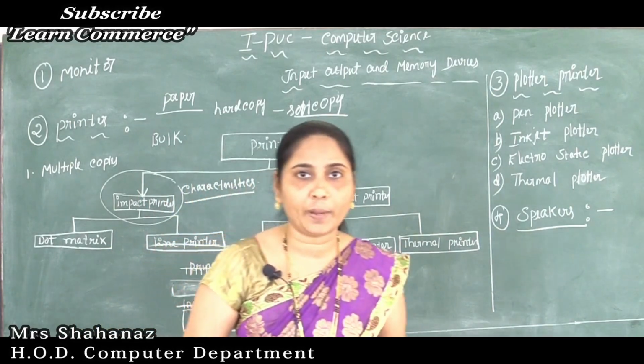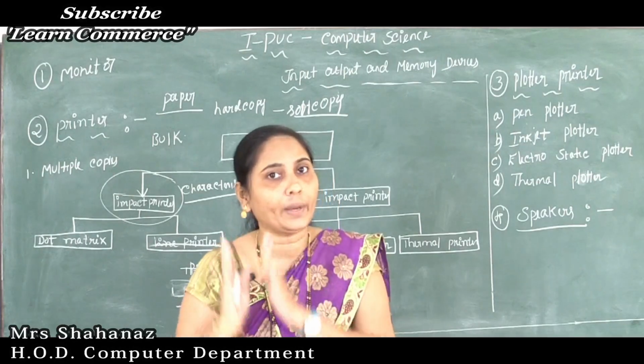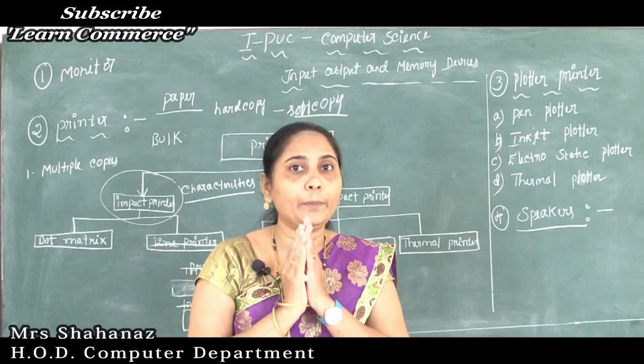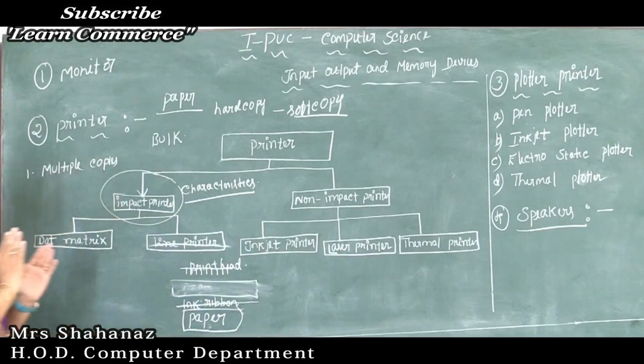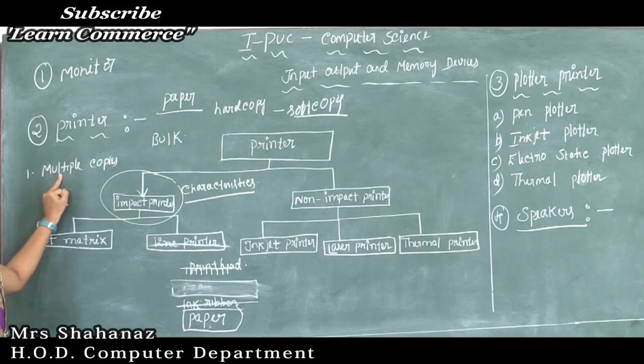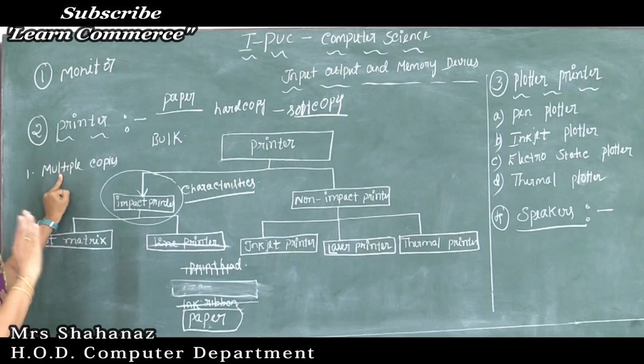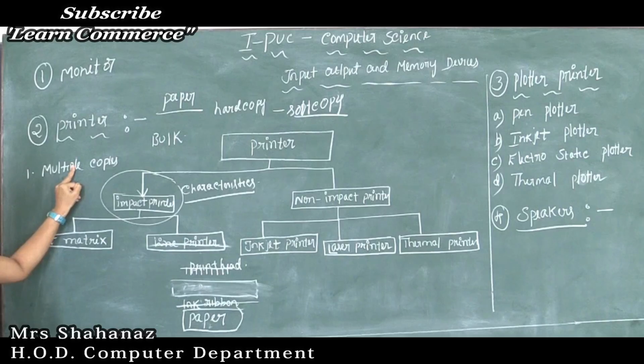The meaning of the carbon is that if you want the same information, if you want to print it again and again, you can print such information many times, repeatedly. Such a thing is called multiple copies. Clear this point. So not only does the impact printer come at low cost and is useful for bulk printing, it is also ideal for printing multiple copies, called carbon copies in this case.